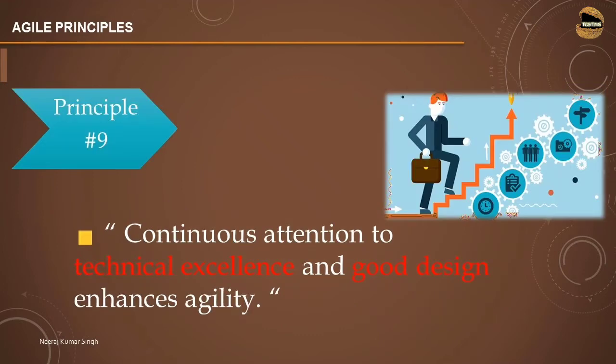Principle number 9. Continuous attention to technical excellence and good design enhances agility. Of course, to be agile, you need to have a good understanding of the technology you're working on, and having a good architecture can solve a lot of your problems. So instead of wasting a lot of your time just defining the schedule, roles and responsibilities, and determining what tools and techniques to use,